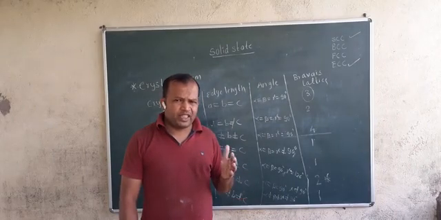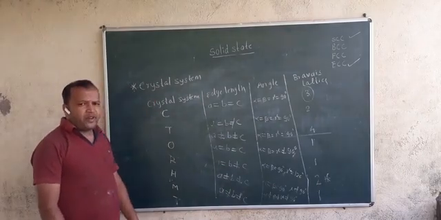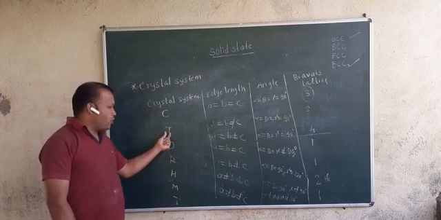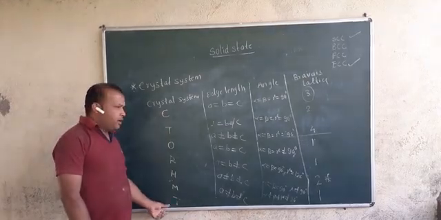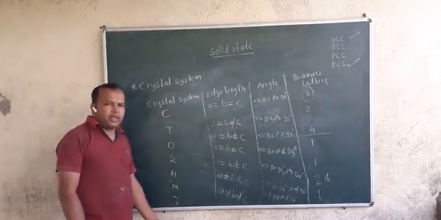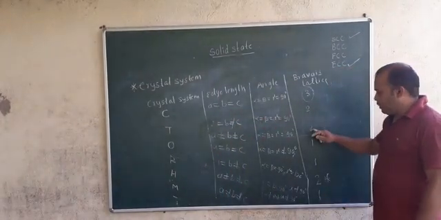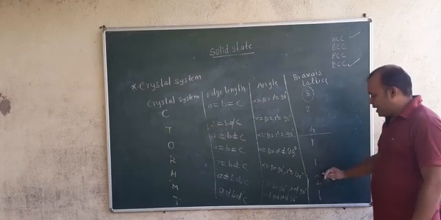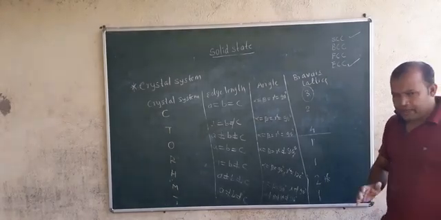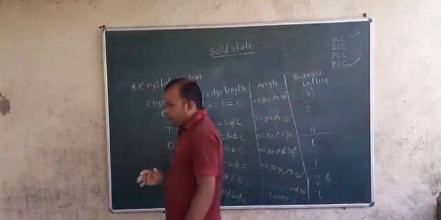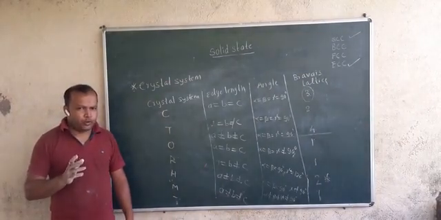your board book. By this chart you can easily remember there are 7 types of crystal system, that is cubic, tetragonal, orthorhombic, rhombohedral, hexagonal, monoclinic and triclinic, and there are 14 types of Bravais lattice. You see: 3 plus 2 is 5, 5 plus 4 is 9, 10, 11, 12, 13, and this is 14. So there are 14 types of Bravais lattice. Okay students, did you understand this? If you have any doubts, please let me know. Thank you.